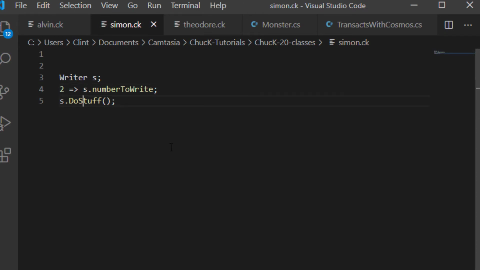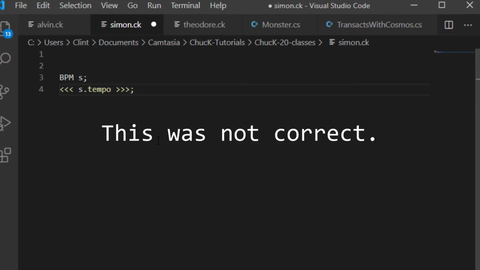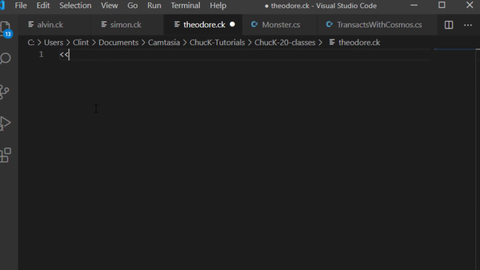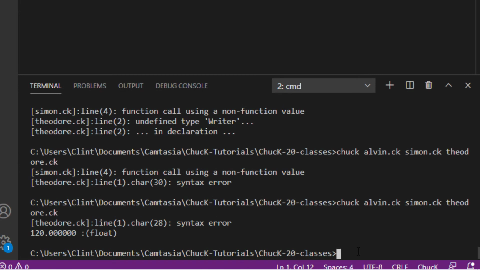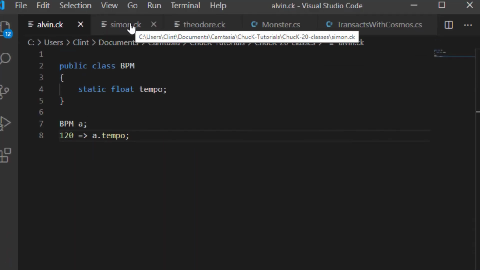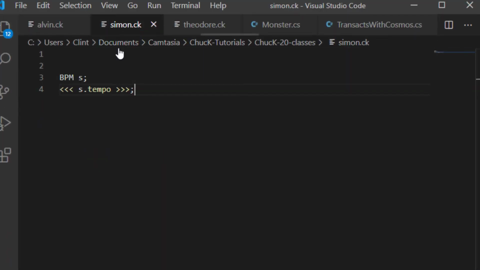if I say BPM S, and then I print S dot tempo. Remember, to access things, you gotta do that. So what we can see here is that Simon is able to use the tempo that was defined in Alvin, and we only needed to use it in one place. If we want to do the same thing in here,